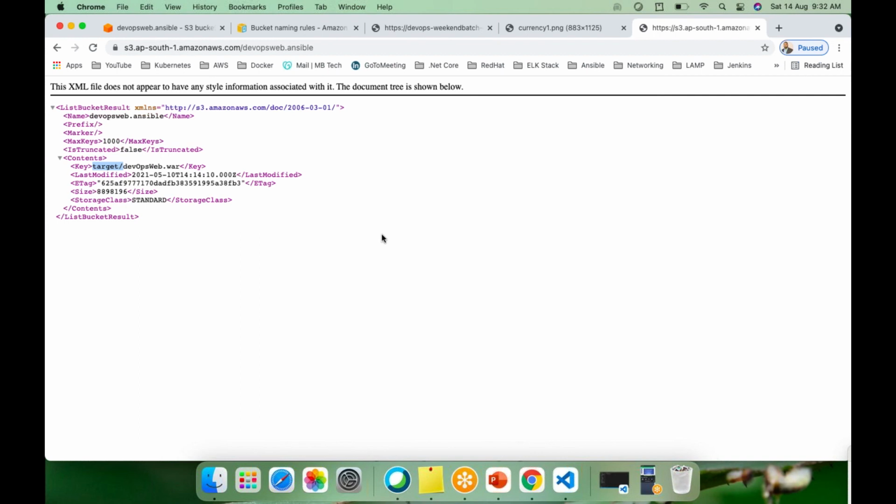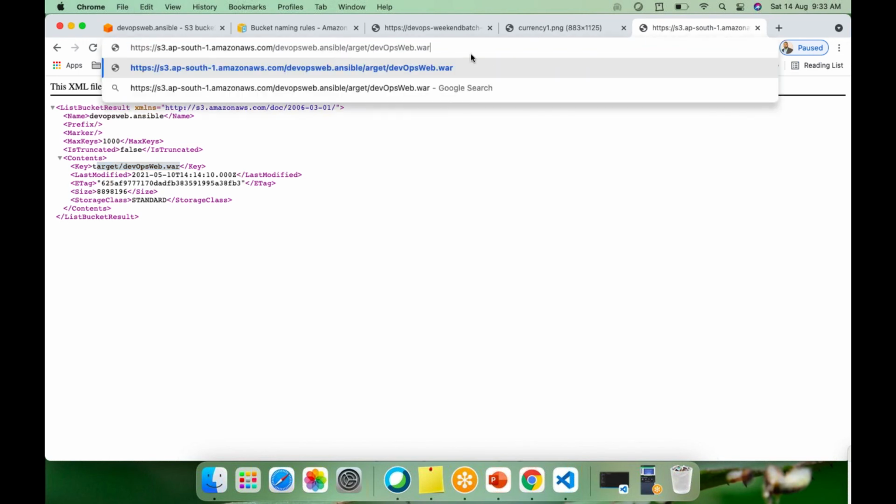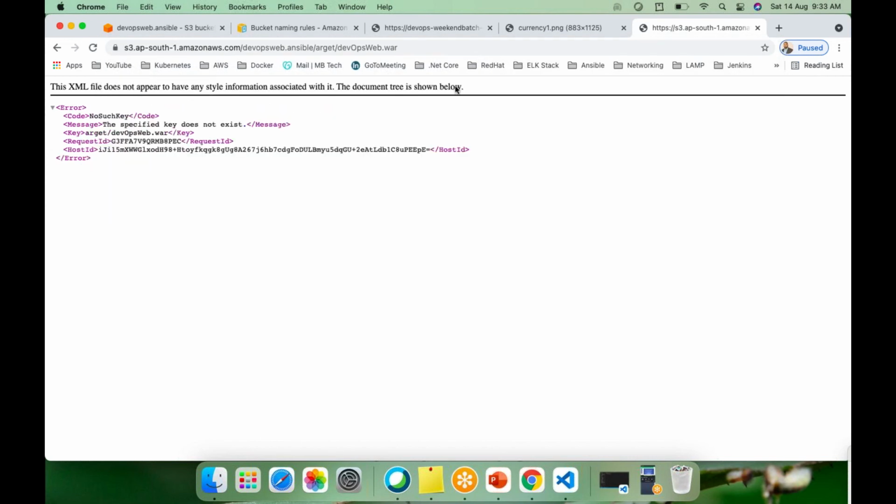Now let me copy this, web plus target. So the link I need to get is right, and here copy, put it here, and if I just give only the bucket, see what it displays.